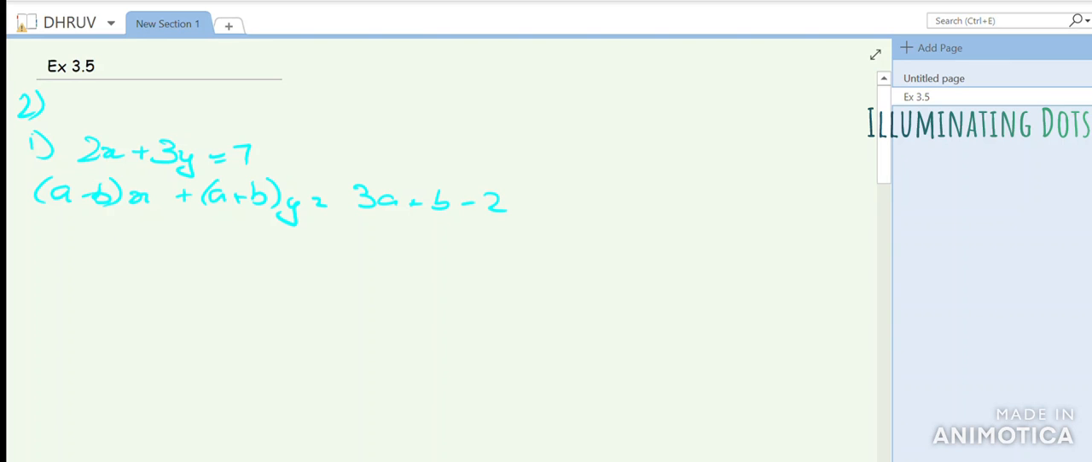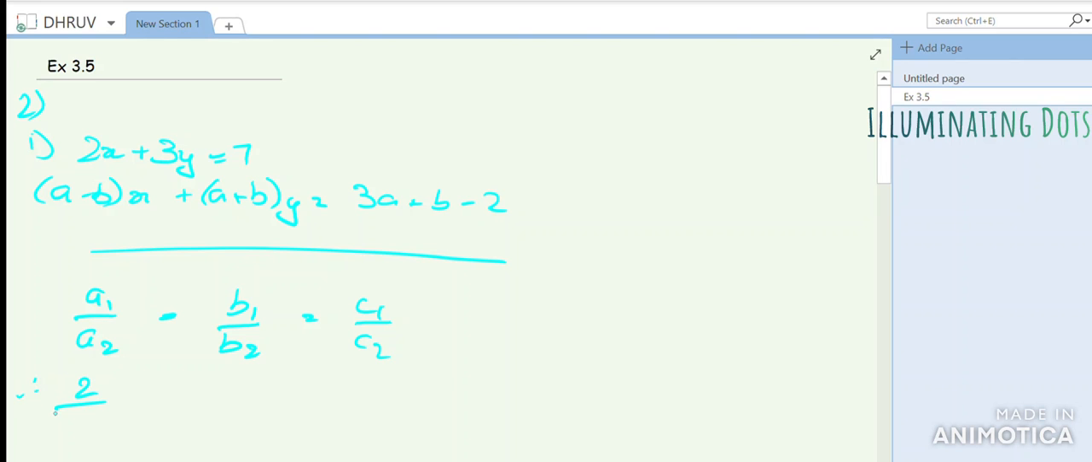Since this has infinitely many solutions, the ratios a1 upon a2 is equal to b1 upon b2 is equal to c1 upon c2. They all are equal. So we write a1 upon a2 is 2 upon a minus b, b1 upon b2 is 3 upon a plus b, and c1 upon c2 is 7 upon 3a plus b minus 2. Now